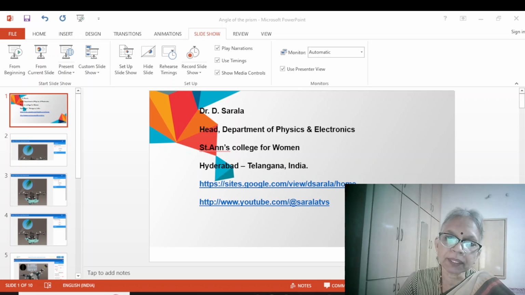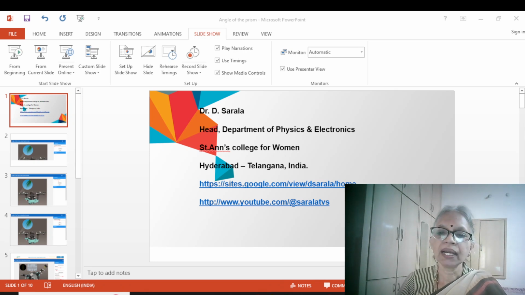So from this principle, we are using the spectrometer, adjusting the telescope in the first point, then keeping the prism and taking the reflected image from both the surfaces and finding the difference between the two readings will give you the angle of the prism. And mostly we will be taking the equilateral prism. As you know, equilateral prism has an angle of 60 degrees.